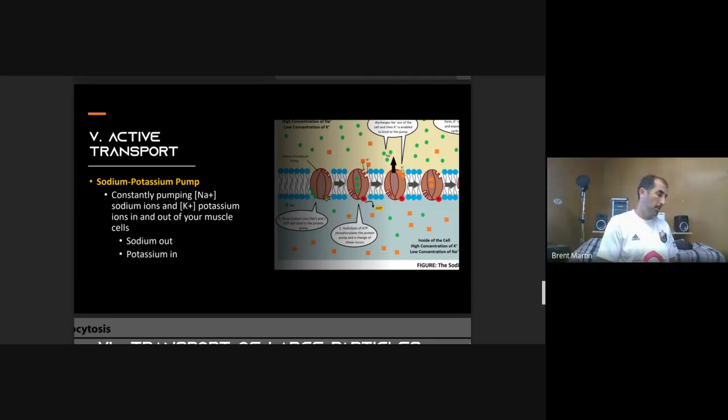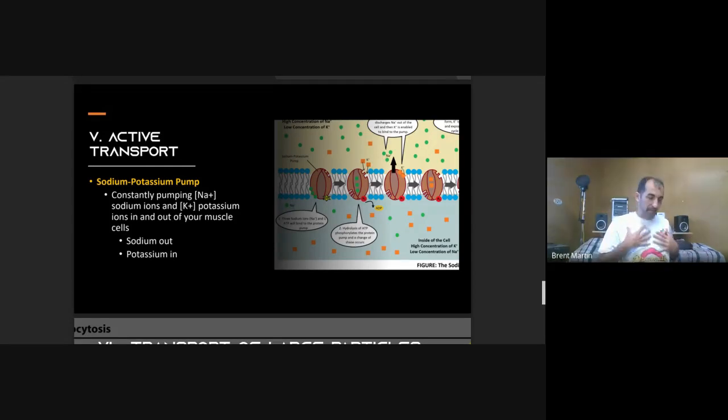All right. Now, sodium is constantly pumped out of your cells. You should be able to know that because your sweat tastes salty. Potassium is constantly being pumped into your cells. When you have a lack of potassium in your cells, it causes muscle cramps. And that's why athletic trainers or whoever will tell you to eat a banana because it's high in